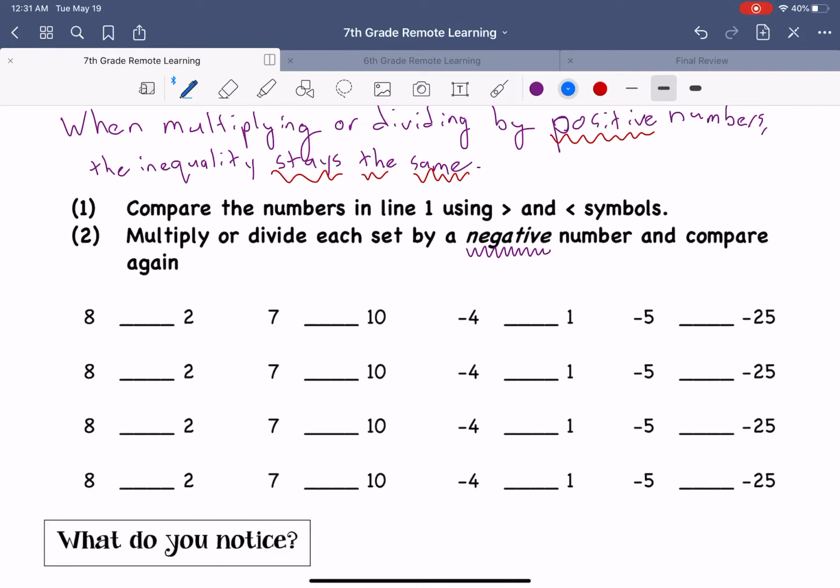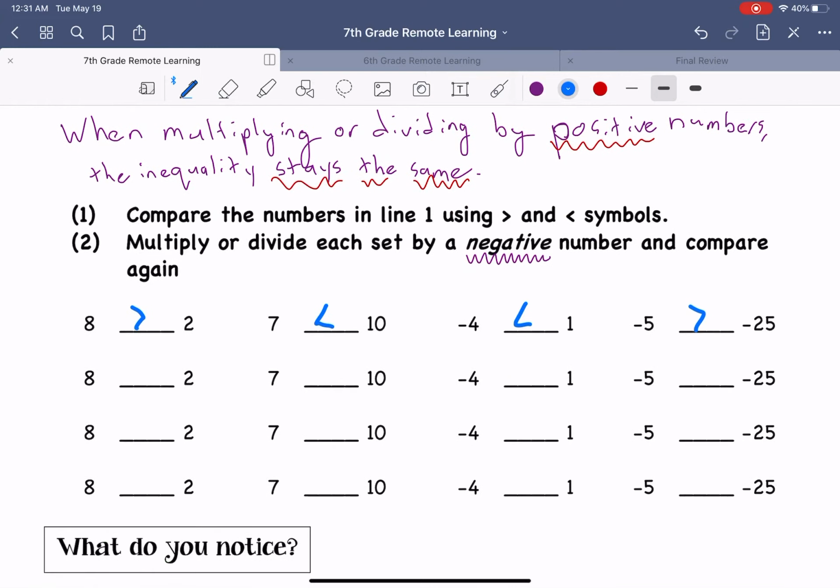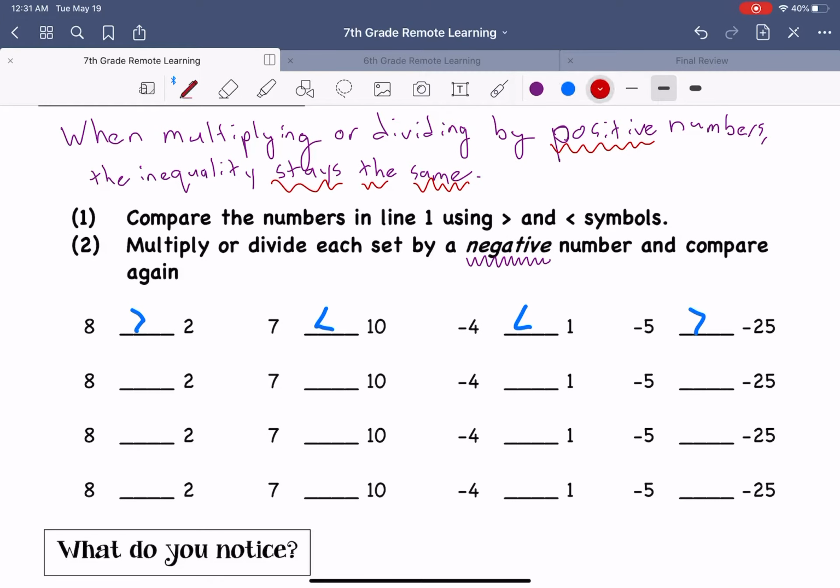It's going to be the exact same. 8 greater than 2, 7 less than 10, negative 4 less than 1, negative 5 greater than negative 25. Same as up there. No change. Okay. Let's start doing some multiplication and division, this time by negative numbers. So let's just start by multiplying by negative 1